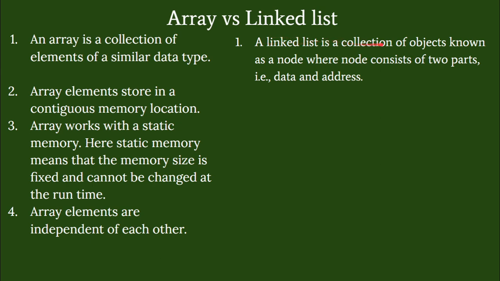A linked list is a collection of objects known as a node, where a node consists of two parts, the data and the address. We have seen in the previous slides, we have the salesman as the data and the customer as the pointer, or vice versa. So any can be a data and any can be an address, any can be a pointer. Likewise every node consists of two components, data and the address. So this address helps to follow the consecutive links.